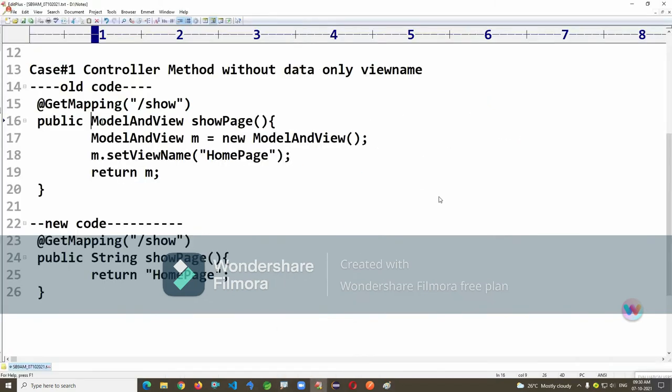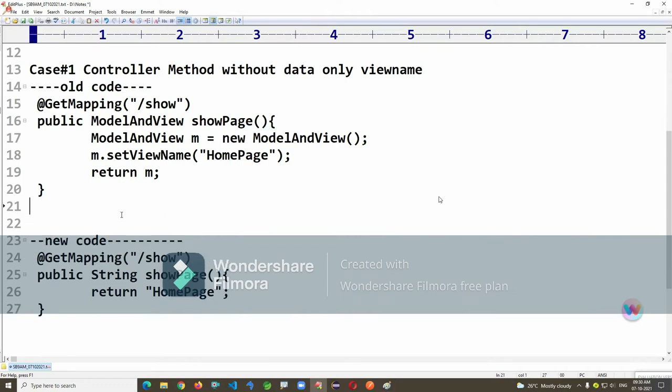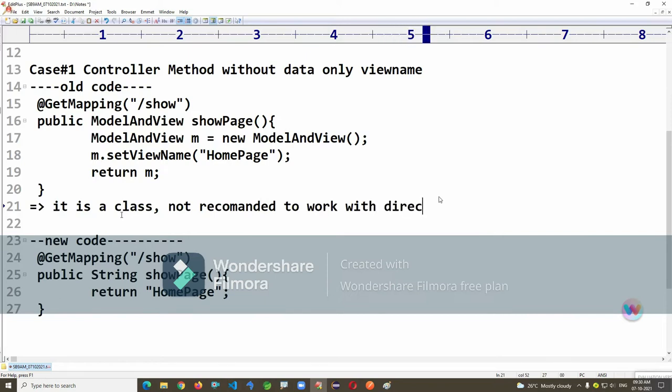Okay, what are the limitations here, or what are the drawbacks here? ModelAndView is a class, not recommended to use directly, and you created a manual object, not by the container. And you set only the view name, so model memory is wasted in this case. It is a class, and it is not recommended to work with direct classes in Spring Boot or Spring.